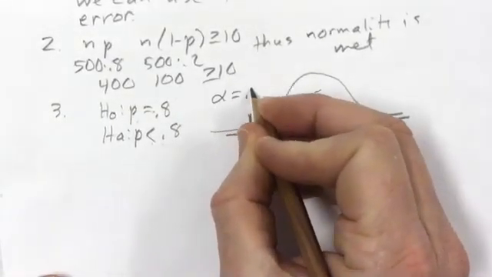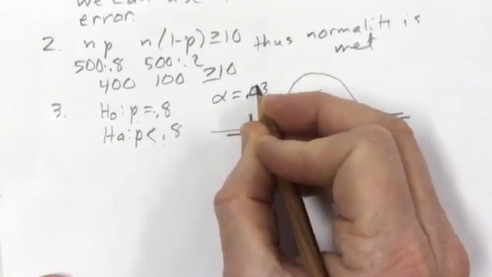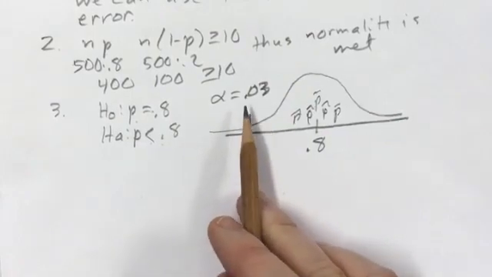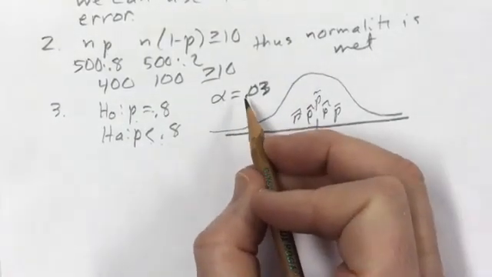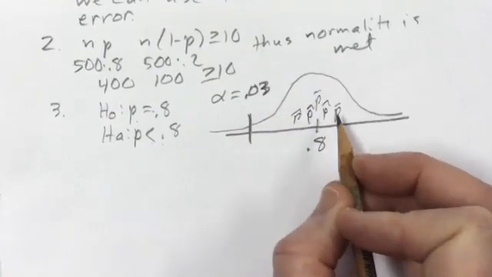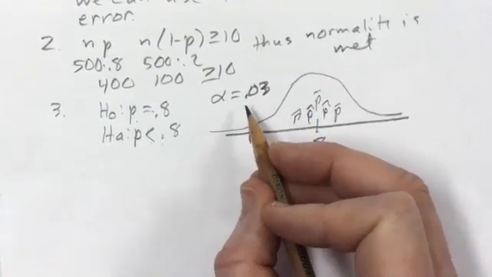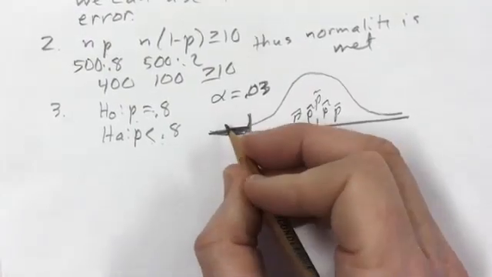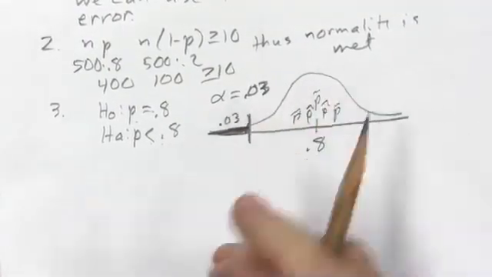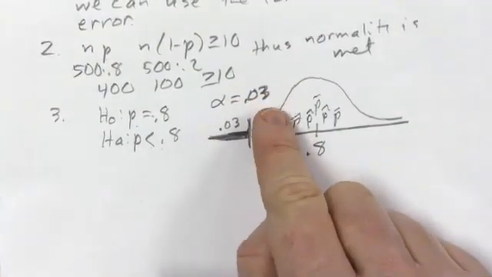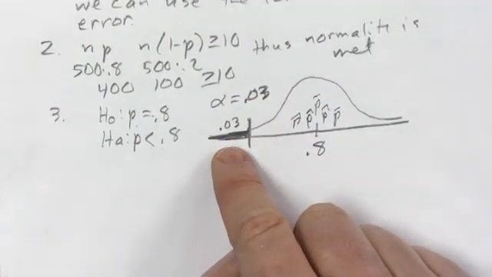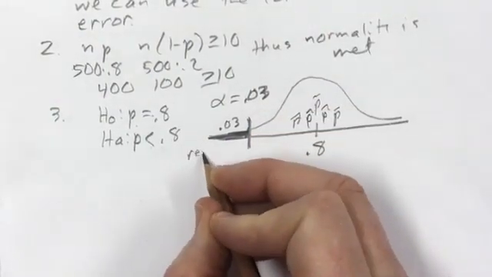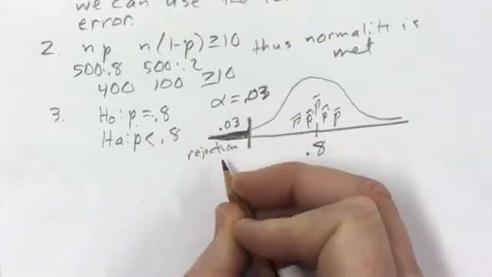Alpha is the value such that if our p-value, our probability, is less than that, we reject it. So alpha is, in essence, the percent of our curve that we're rejecting. If alpha is 0.03, that means we're rejecting 3% of the curve. This area is 0.03. Another way of looking at alpha, it's the area we're rejecting. Anything below here is what is known as our rejection region. And if we get a p hat